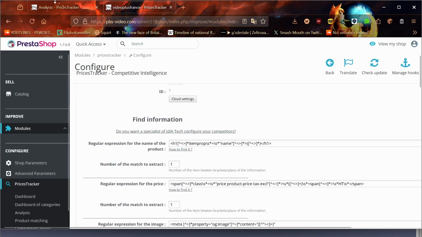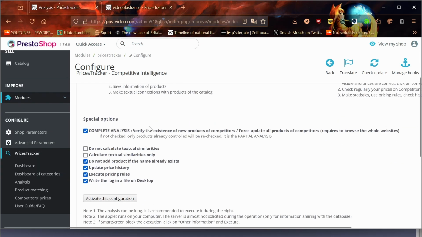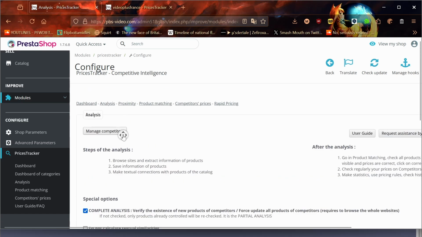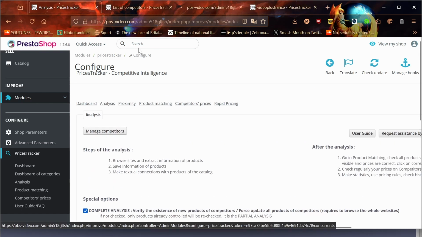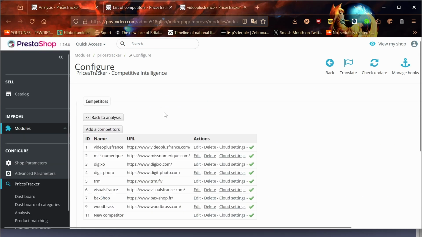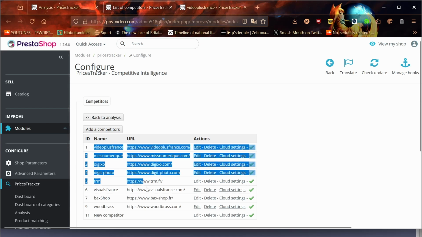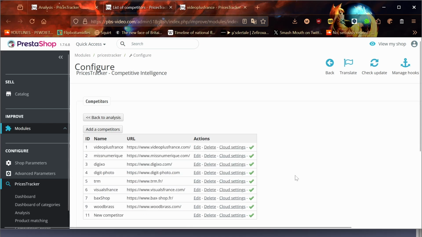Crawlers can be run by you on your computer or server, or you can run them on IdeaTech's server. The crawlers will go through the websites where we have told it to go. On the Manage Competitors page, we can see that all these are checked, so the crawler will go through and